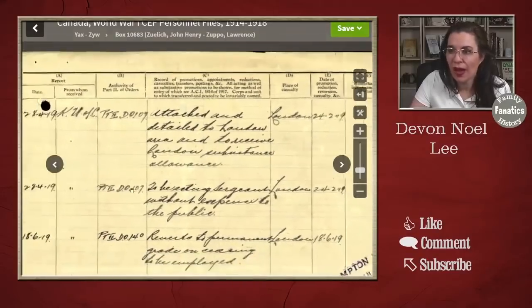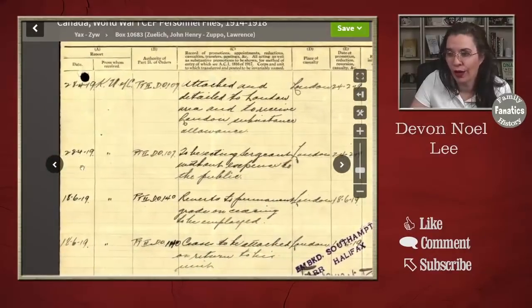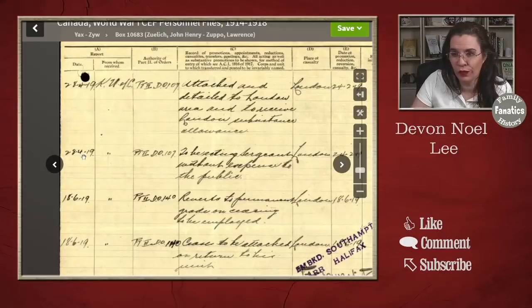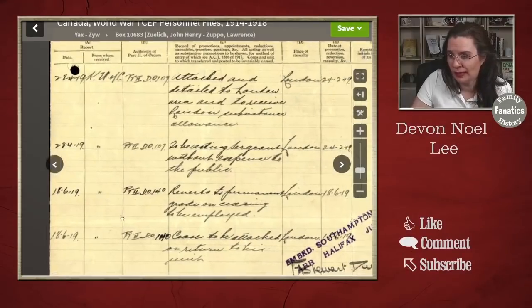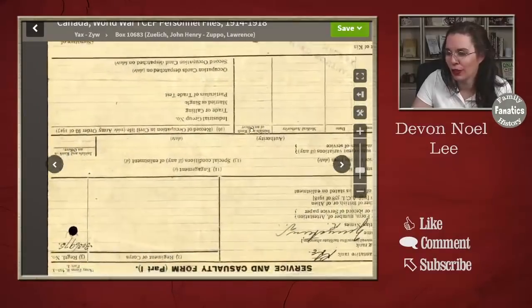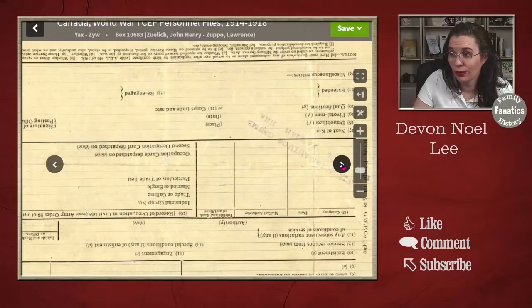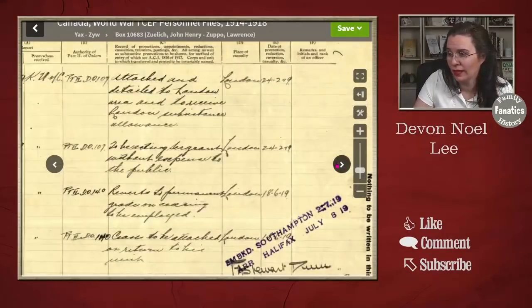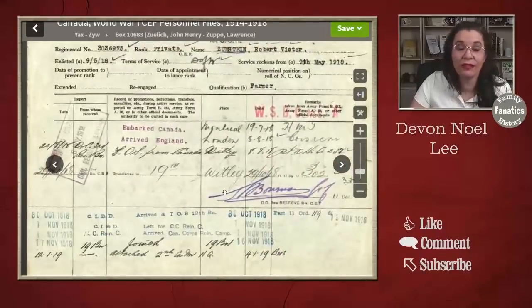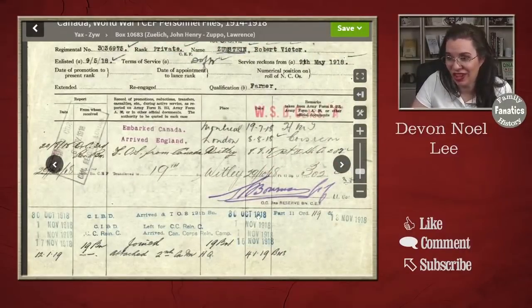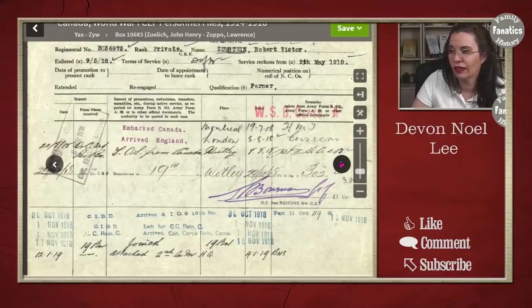So basically you have a timeline of where your ancestor went. So the April 24th, June 18th, and then it continues on. There's another document that goes multiple pages and you can follow their service reports. So great details here in these documents. This one is full of markings that are driving me crazy, but there's a lot of dates. Arrived October 8th, he arrived here. November 1st, he's here. November 1st, he goes there. November 17th, he's over here. And this is a good track record of where he's going and traveling around.